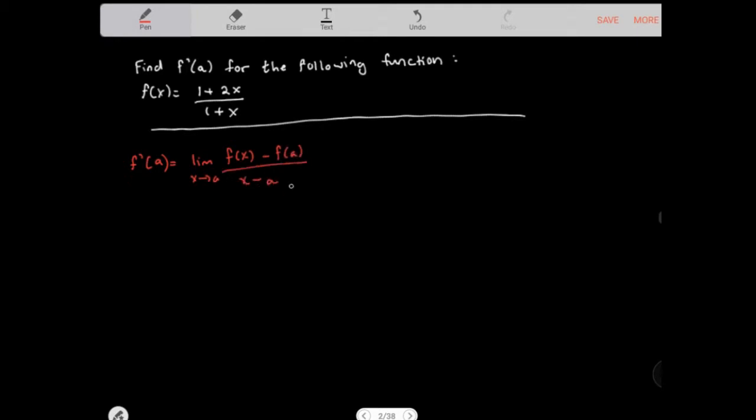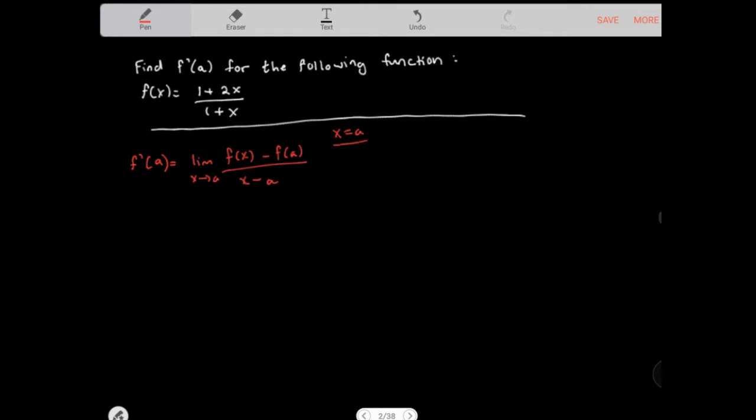Okay, and we can use this to basically find the slope of the tangent, also known as the instantaneous rate of change, at a point where x is equal to a. So we're just going to purely use algebra to model this scenario. So in this case, if we plug this in,